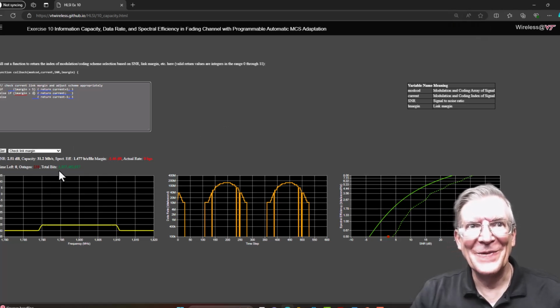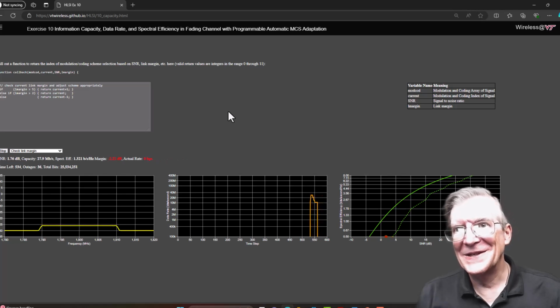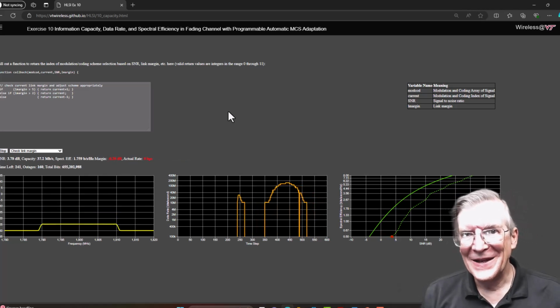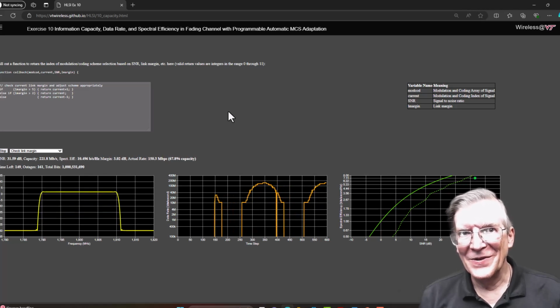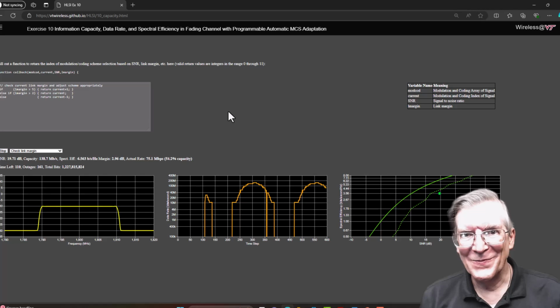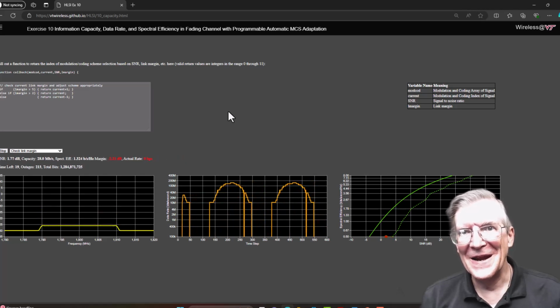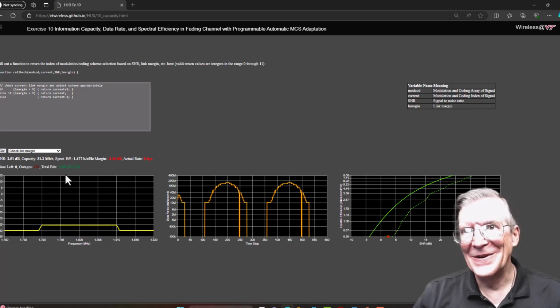Okay, again, the number to beat is 1.357 billion. And here we go. Okay, so we see there's still cases where there are dropouts or outages, and that's because it's not possible to close the link using any of the available modulation and coding schemes under the worst case fading that is presented by the simulation. But we see that those outages are relatively infrequent, and because the outages are fewer, perhaps we've managed to transmit